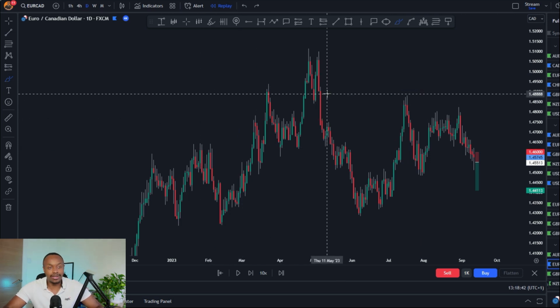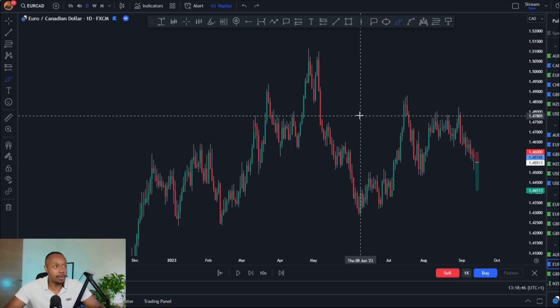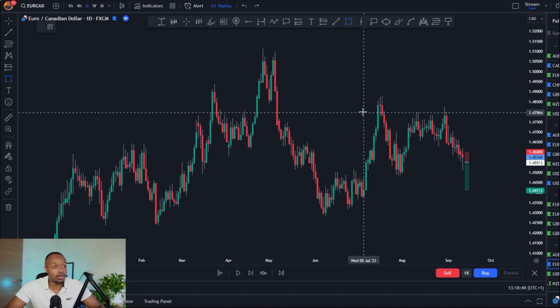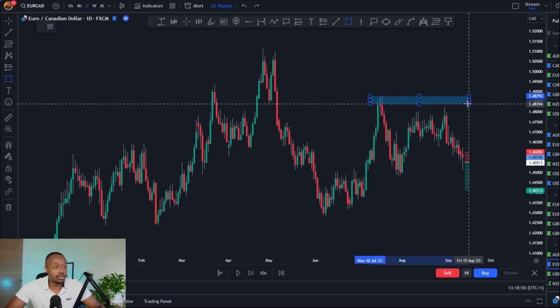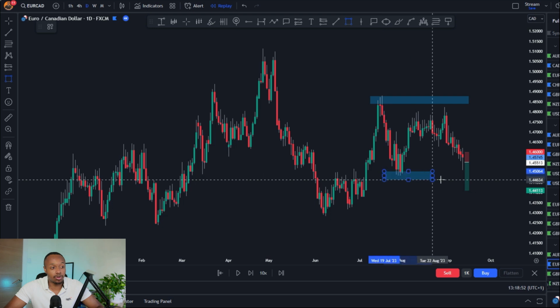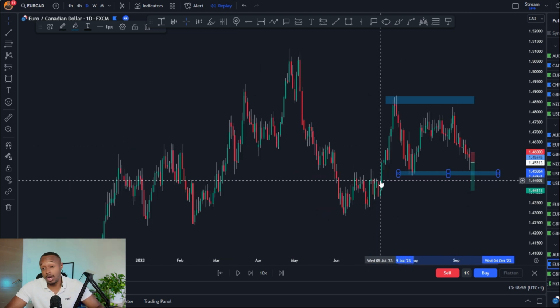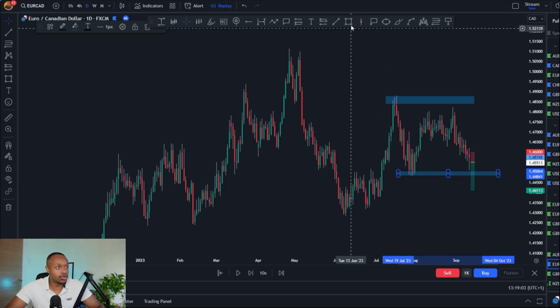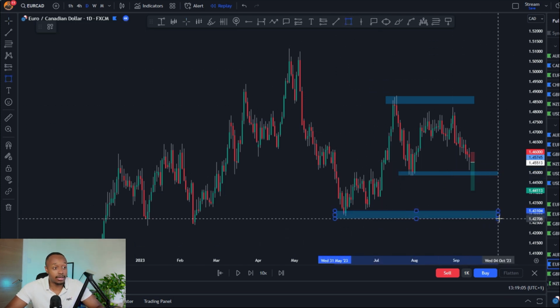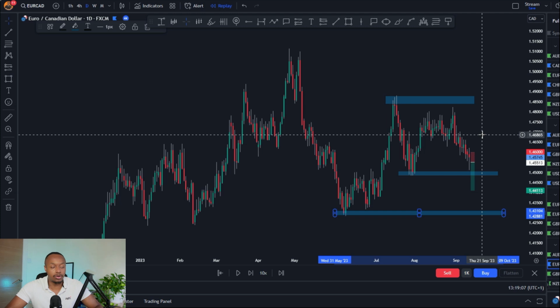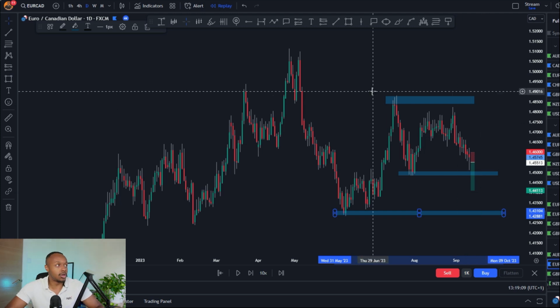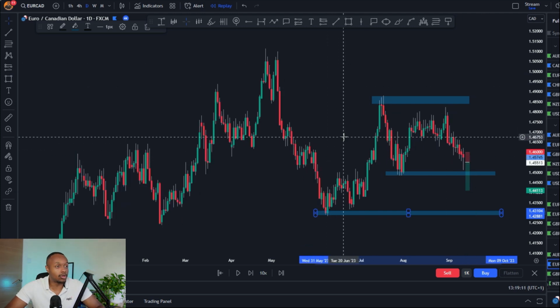So when the trend isn't as clear as with this one, I just look at level to level. I map out where the most prominent areas are where the market is rejecting, and I map out the levels, and I try to trade in between. I look for my trends in the lower time frames like the 4H and the hourly for my entries. But when the daily is ranging, or when it's not as clear in terms of the trend, I just focus on the main areas that the market is turning from, the main turning points in the market, and I trade between them. So on the daily chart here for EURCAD, what I got was that we've had a